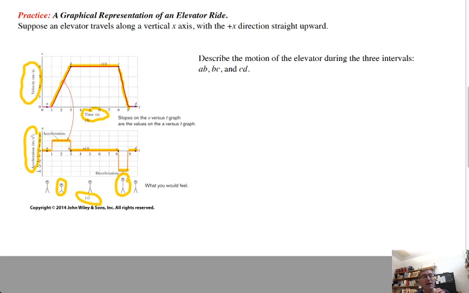I want you to plot the velocity time plot and the acceleration time plot that goes with that. You can assume the same general kind of behavior as you see here in terms of it takes 2 seconds to speed up, it travels 5 seconds at constant velocity, 1 second to slow down to a stop. Draw the velocity time plot and the acceleration time plot for an elevator that's traveling vertically downward from one floor